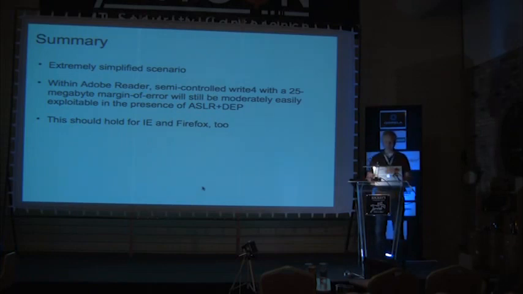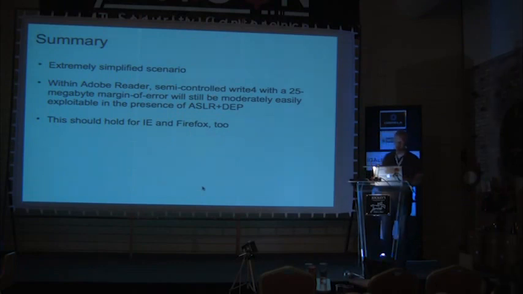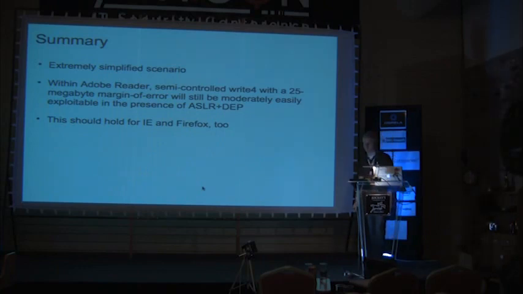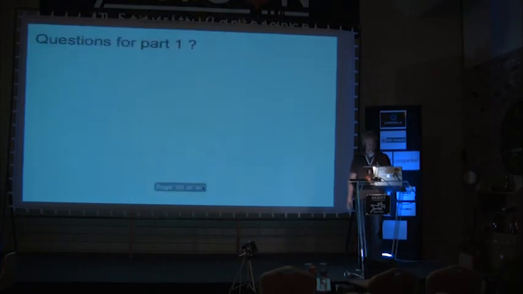The other interesting thing is that if you have a JavaScript interpreter in your address space, you can turn the most annoying, weird crash into code execution, well, in a fairly reliable manner, even if the crash is really a nightmare crash from hell. I mean, we had a 25 megabyte margin of error in targeting where we're writing, and it still works quite nice. This should work in IE and Firefox as well. It doesn't work very well in Chrome, because Chrome does direct to JIT, which means Chrome doesn't have the intermediate bytecode really. It directly JITs every JavaScript that comes in, which makes things a bit more tricky. Any questions so far?